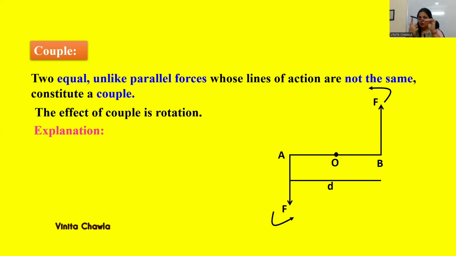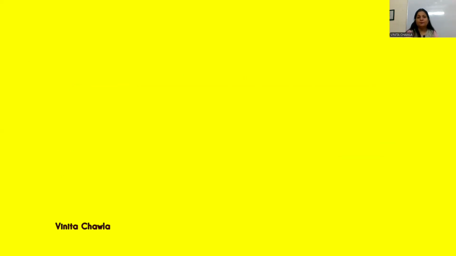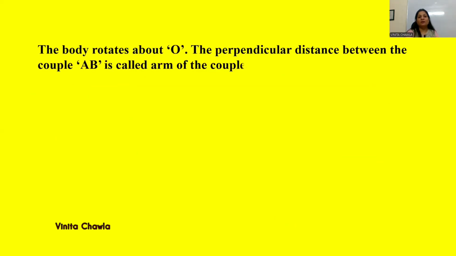If I apply a downward force from here and an upward force from here, what will happen? Tell me. I'm applying an upward force from this direction and a downward force from this direction, so it will rotate. It produces a rotating effect. So if we apply forces like this, one upward and the other downward, that produces a rotational effect. The two forces F and F acting on a rigid body at A and B constitute a couple. The body rotates about O and the perpendicular distance between the couple AB is called the arm of the